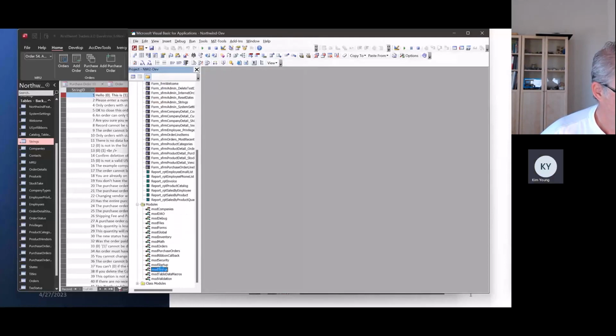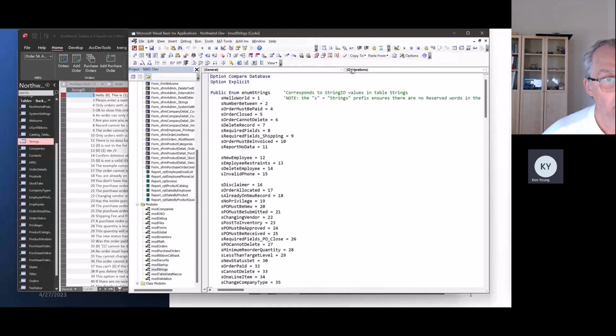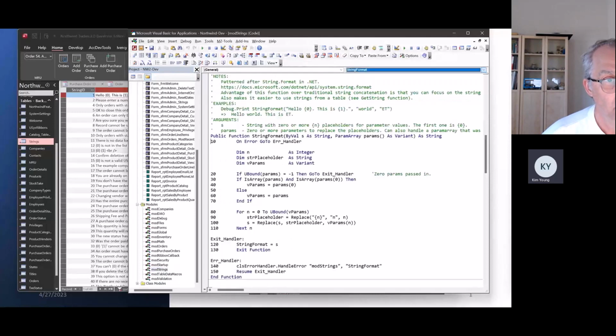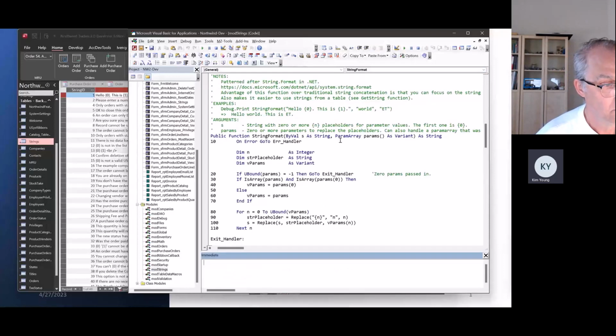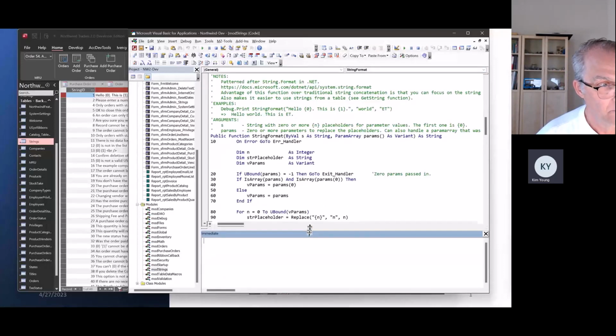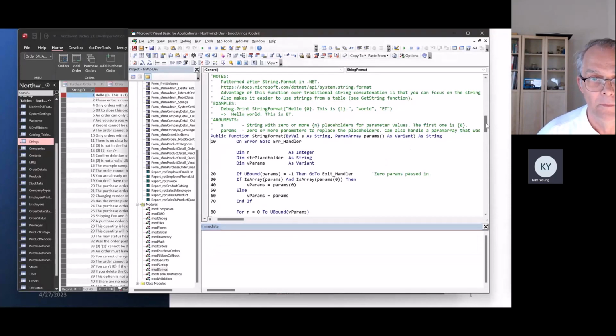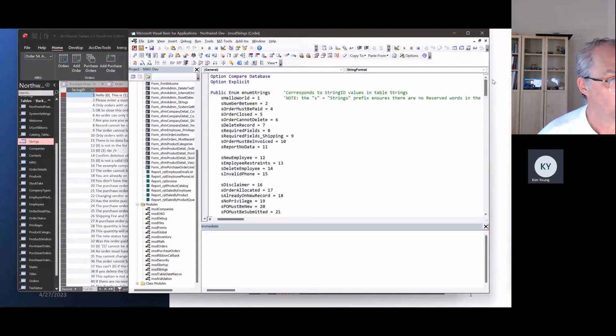And Tom, while you're navigating, one of the benefits of this string table is when your message comes up and your users send you a screenshot or tell you that it happened, if you know what the message says, you can find the message ID, and then you can find all the places in your application where that message is being called from. So that can be very helpful in your debugging as you're helping your customers use your app. Yep. And so we have an enum that has the same ID values as the string ID in this table. So I can do something like